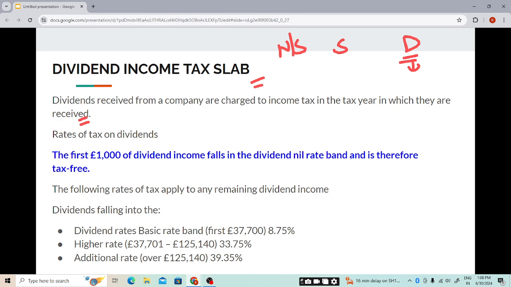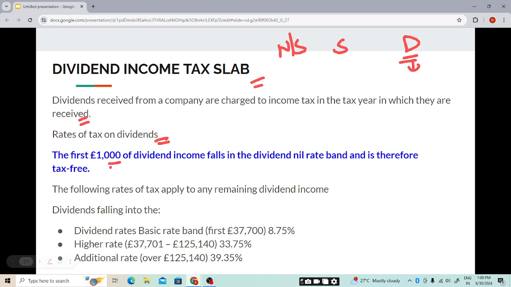So tax rates on dividend. What are the tax rates we'll be studying? As mentioned by me, the 5,000 rule for the savings income will only be available. The special rule is only available for savings income. It is not available for non-saving and dividend income. But in savings income, we had the nil rate band. In the same way, we also will be having a nil rate